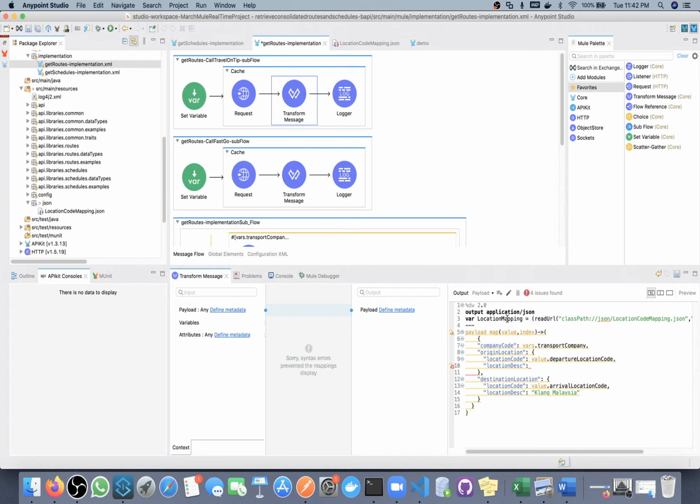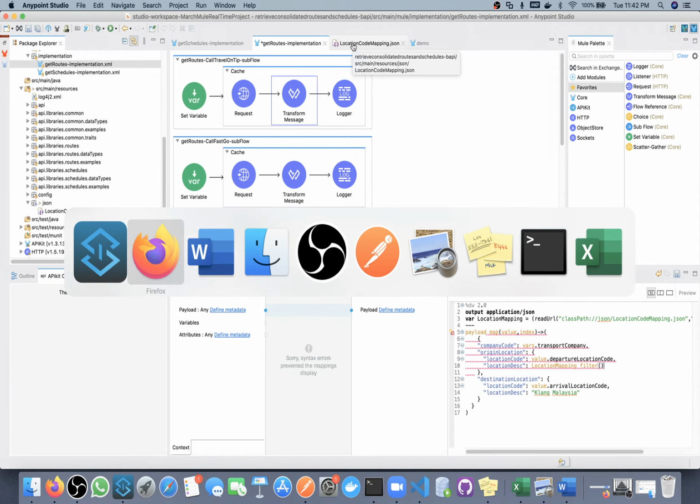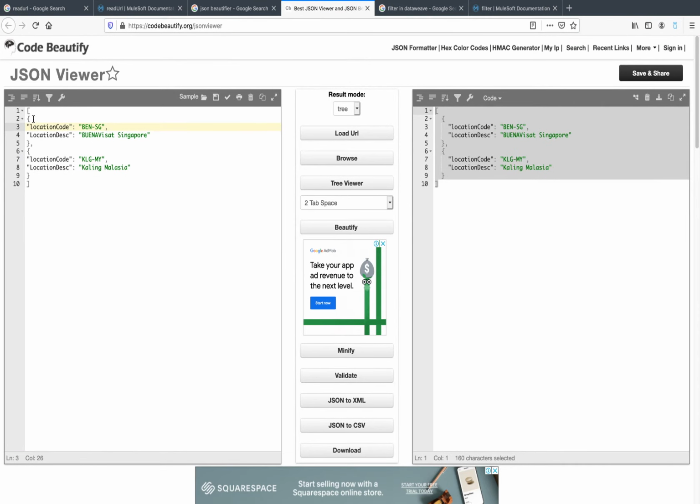First we have all the mapping fields here, so we'll take all the mapping fields and then apply a filter. In the mapping JSON we have multiple objects, and in each object we have a location code.